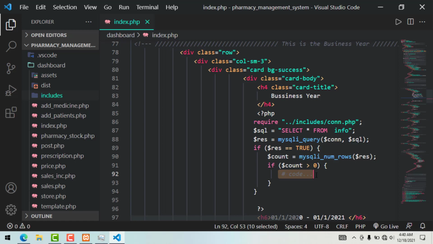For that case, we are going to use the while loop, so that we can loop through the whole table, or through all the rows that we have, to fetch the data. So for that we'll say while,